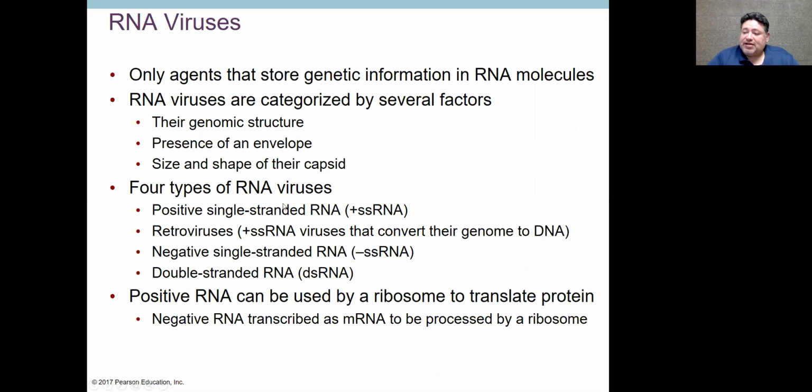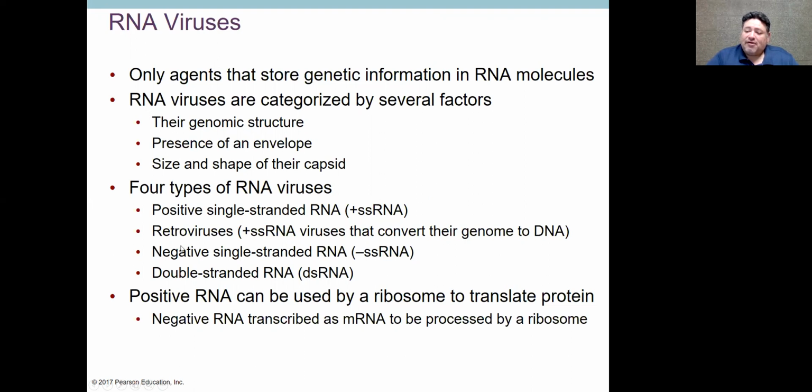So, for instance, you can see here that there are 4 types of RNA viruses, okay? Why? Because at most there's 4 different permutations in which RNA can be stored as a genetic material in a virus. And here they are. They can be positive single-stranded RNA, okay? Now, positive and negative implies the direction in which the RNA is read. If you can take that genetic material and place it on a ribosome and translate it directly into a protein, then that is said to be a positive